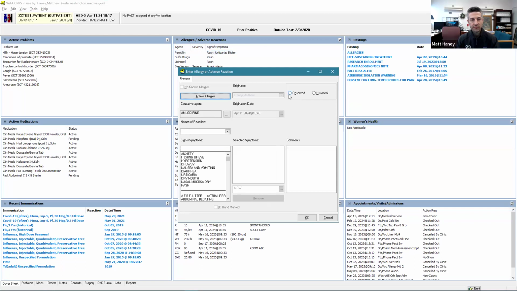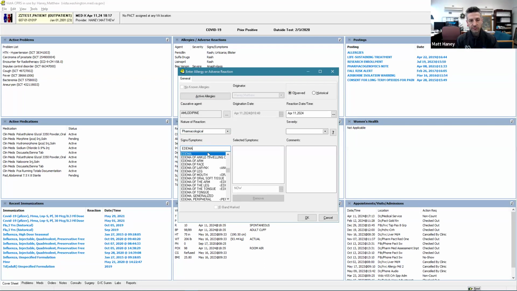And then we want to provide as much information as we can that would be helpful to other providers. So this patient, let's say, was hospitalized. We initiated amlodipine, and a few days later, the patient developed lower extremity edema. So I would call that a side effect, which would be a pharmacological nature of the reaction rather than necessarily an allergy. But we should select which one is most relevant